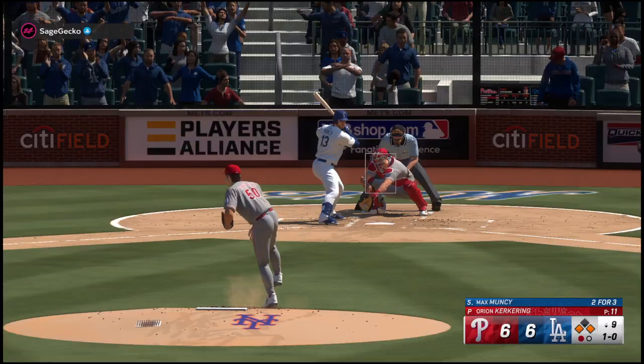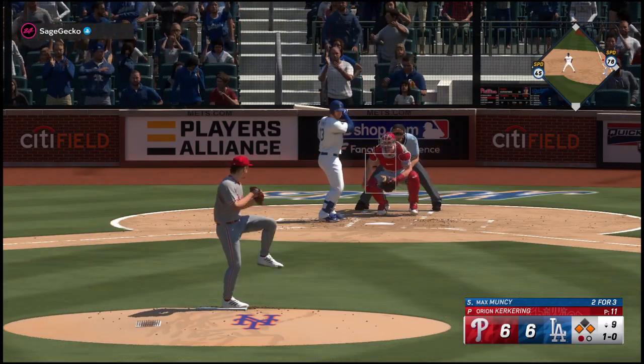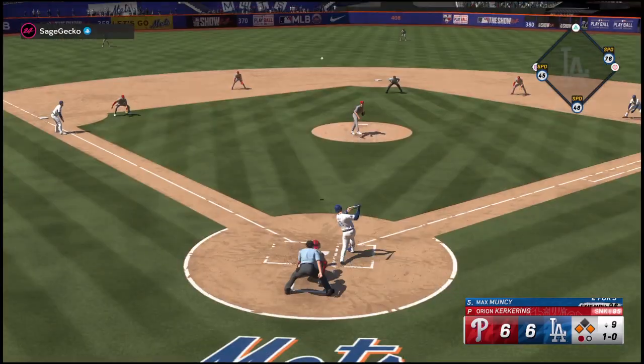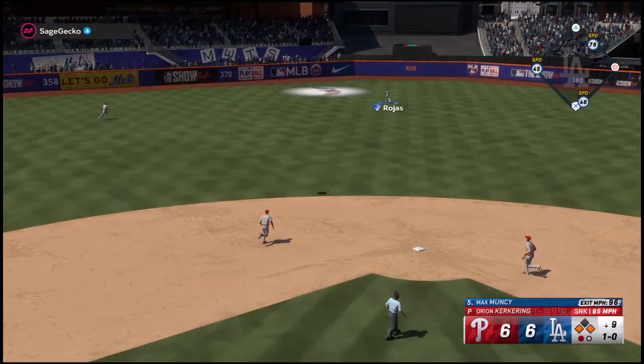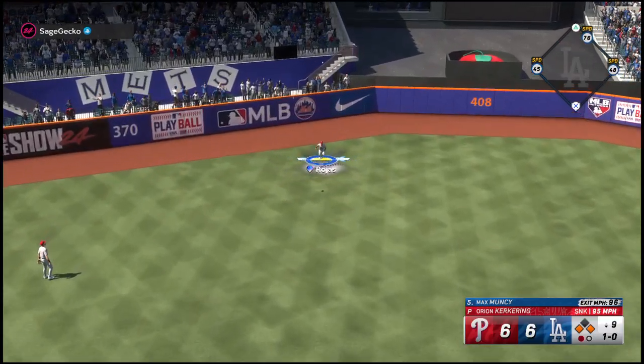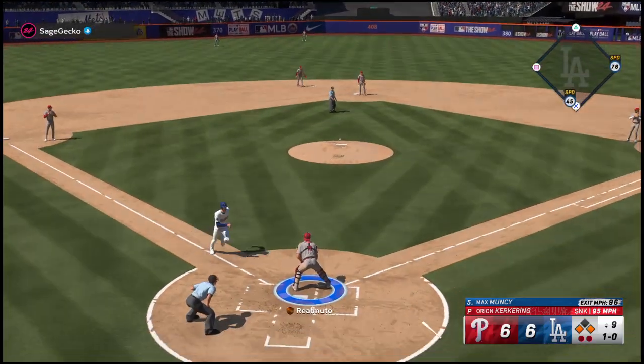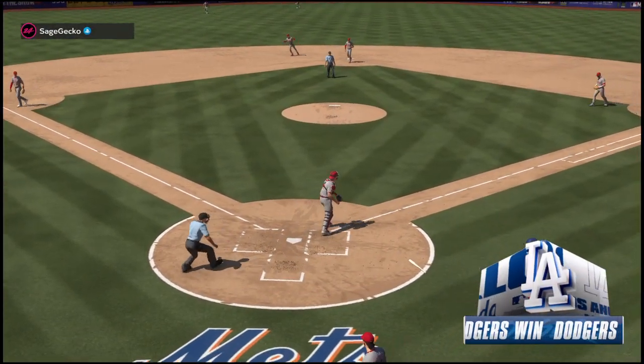Nice job of driving that pitch the other way on a line. You know, hitters, they take so many reps in the cages working on going to the opposite field. In the air, center field. Sizing this one up. Brings it in. Here comes the runner from third. Rolled in time, and they